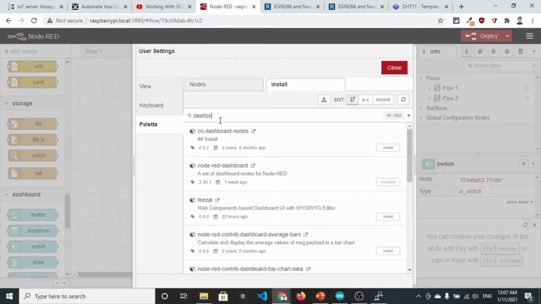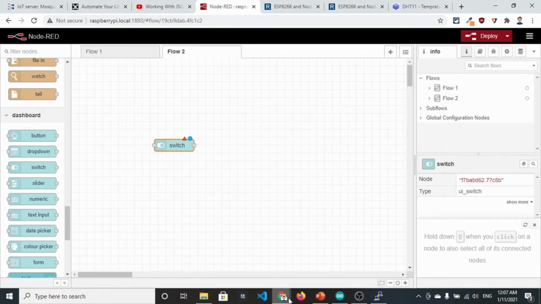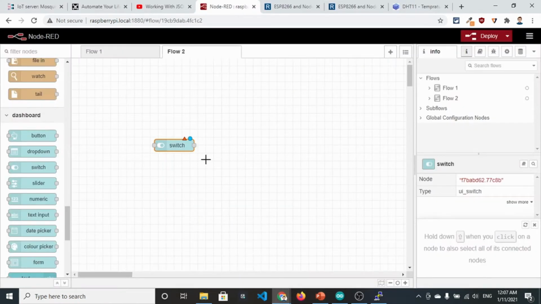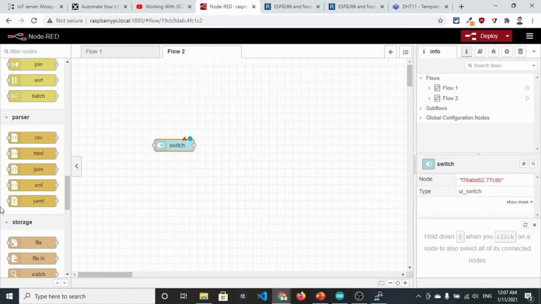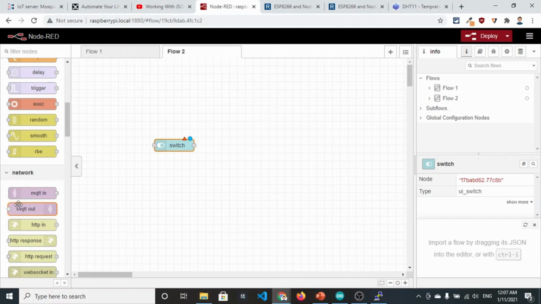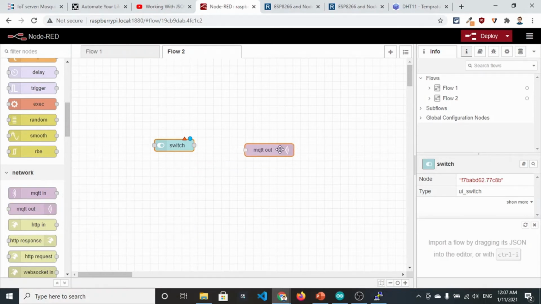In my case, Node-RED dashboard is already installed, but you need to install it to get this section, so that these widgets are available, as they are only in this package. In the switch we are going to publish data, so you need the MQTT publish node. Here it says connect to MQTT broker and publish message, so click on it and go there and simply connected. Okay,